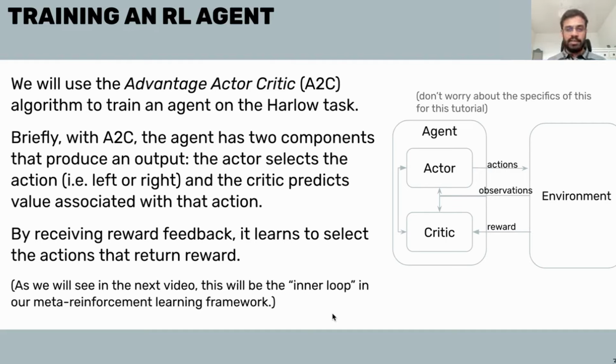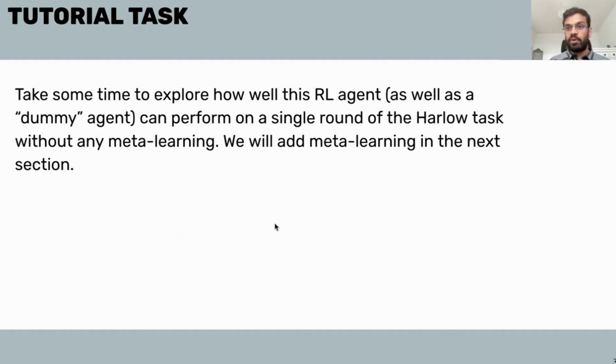We'll see in the next video that this is going to constitute the inner loop in the meta reinforcement learning framework, because this agent is really training on the specific task we gave it right now: this sequence of trials where there are two objects that keep switching and you get some reward. So before we go into the continual learning details, first let's build this RL agent and then see how well it can even perform on the Harlow task without any meta learning. Then once that's set up, we can get